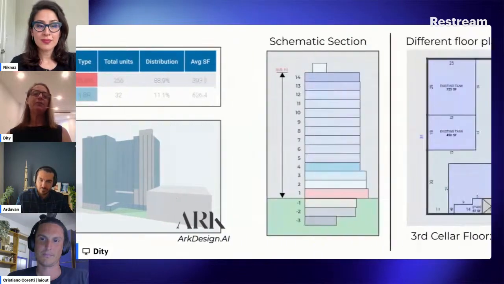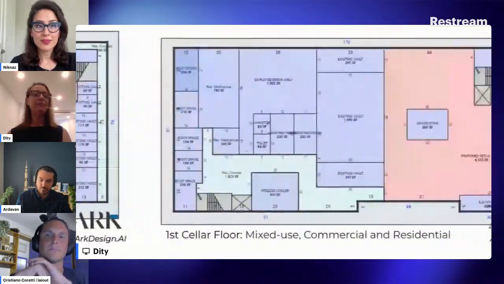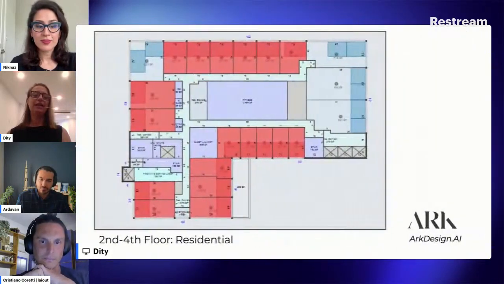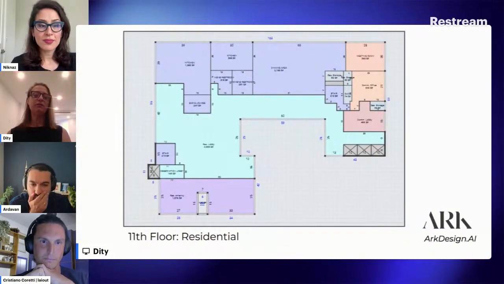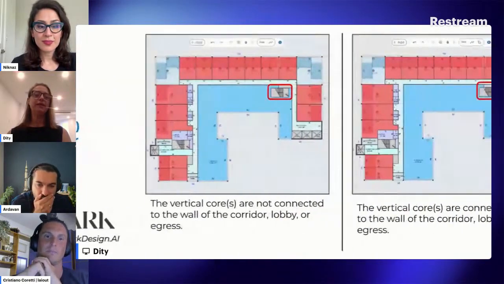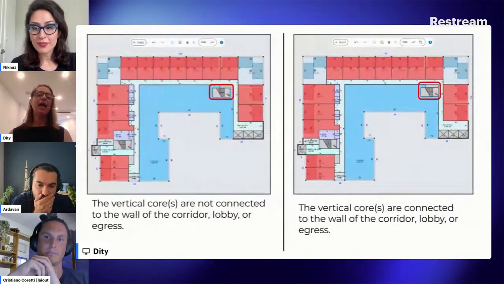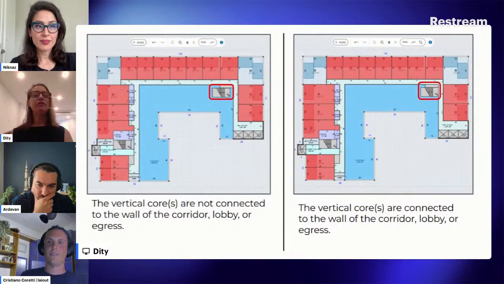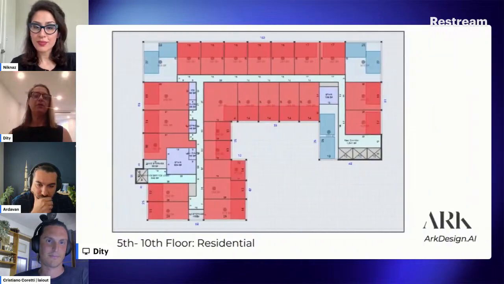units. That's another project to show you an example. So those are the floors, but if you don't have access to the vertical core for the egress, the distance and the distance correctly, where the vertical cores are disconnected from the corridor and not properly placed, the system will not generate the